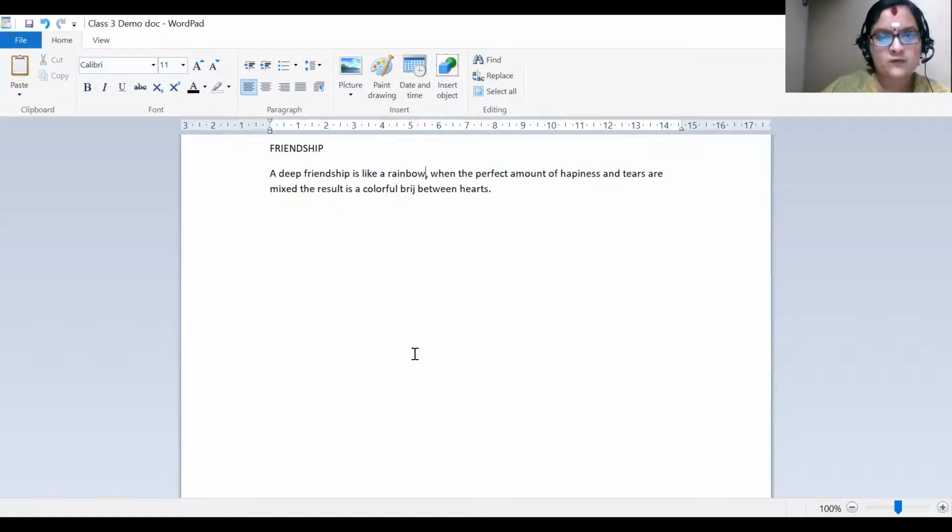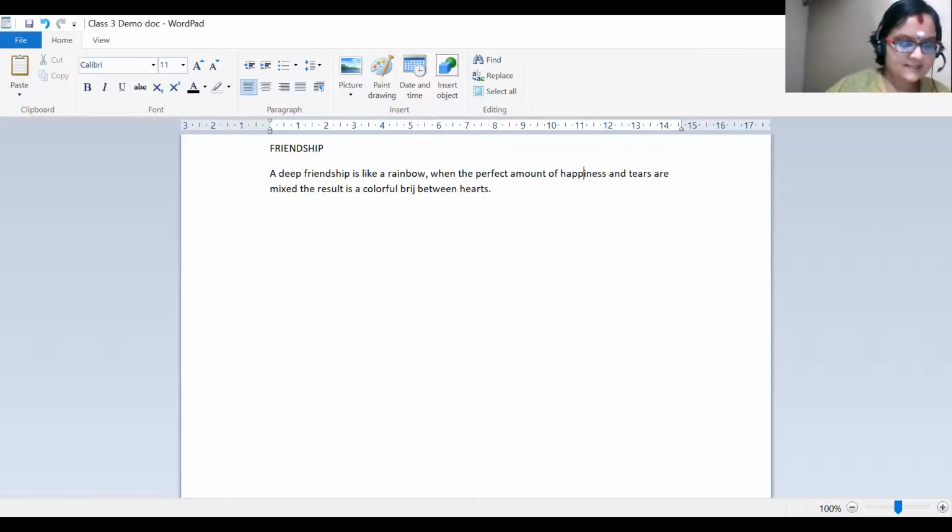You all know when we use the mouse, you can click on the particular place and the cursor will come there. And the other thing, with the help of your keyboard, if the cursor is there at the end, with the help of your arrow keys, you can move the cursor. Hope you're able to view it, and you can add the text. Now I'm going to add the text. Happiness. What is the spelling? Happines. So I'm going to add the letter P here.